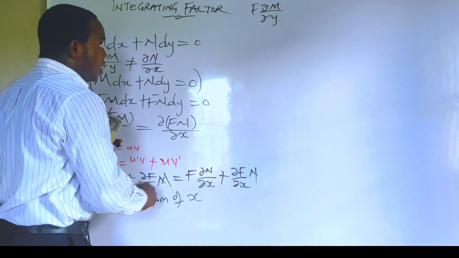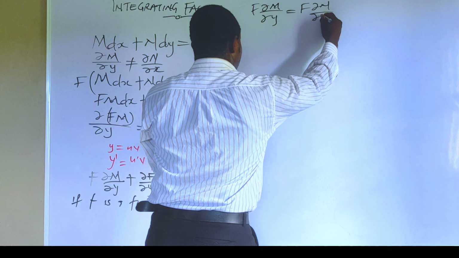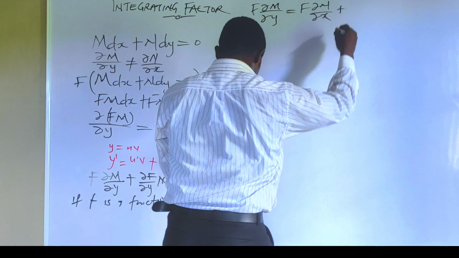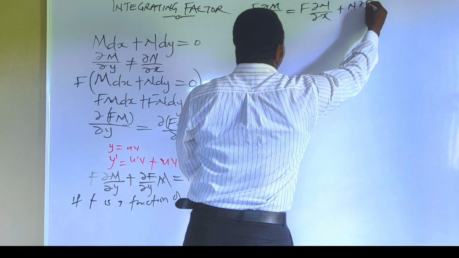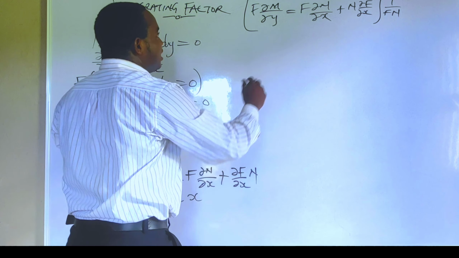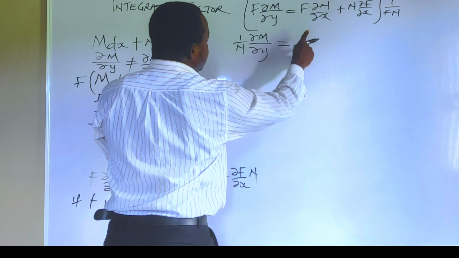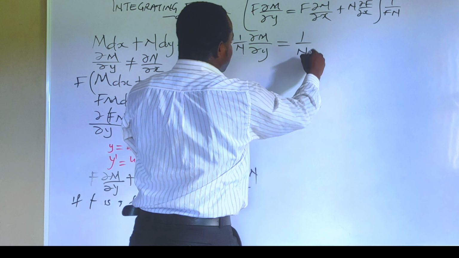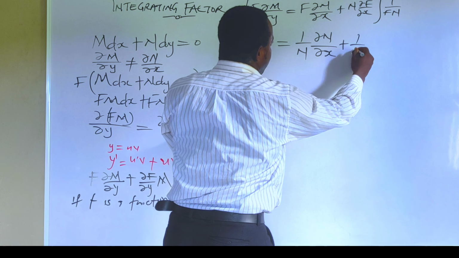Now this right here equals f multiplied by the partial derivative of n with respect to x, right? And plus, next we have n multiplied by the partial derivative of f with respect to x. Okay? So at this point, what you should do is, let us multiply everything right here by 1 divided by fn. Okay? We have n and f here. So when we do that, this will be reduced to 1 divided by n partial m partial y. And this will be reduced to 1 over n as well, right? And partial n partial x. And this will be reduced to 1 over f partial f partial